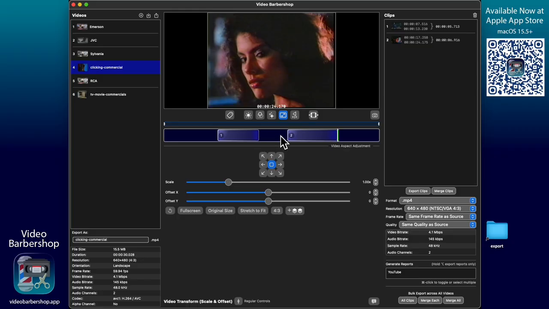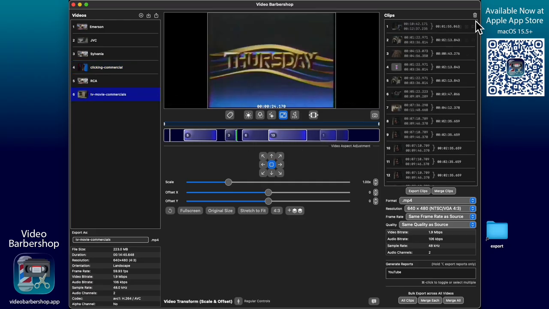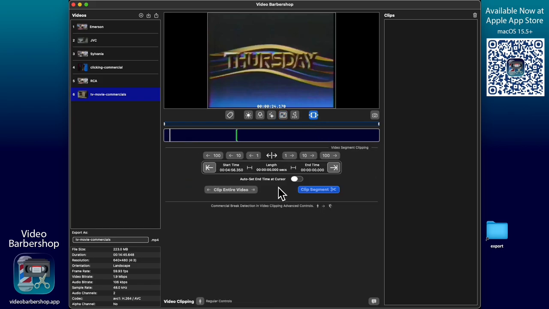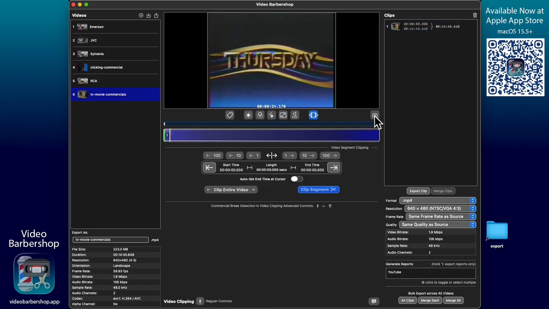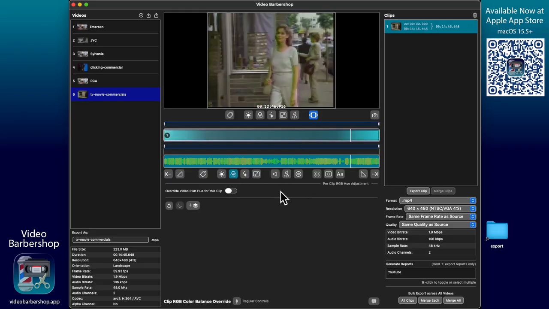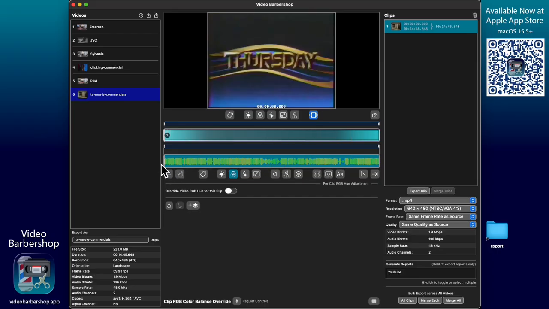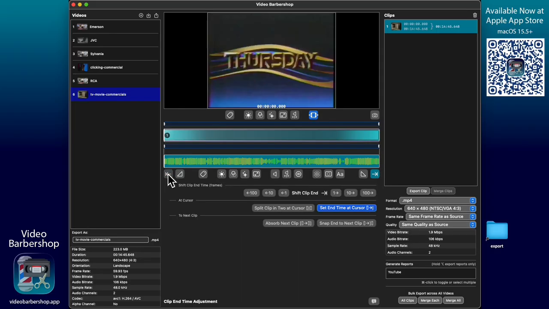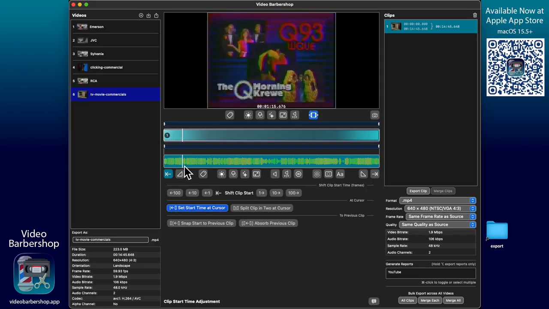Now, getting back to the clipping, I'm just going to delete everything here real quick. So these are the clipping controls, and you can just clip the entire video and then work off of that. I'm double clicking here. You can see some of the quick behaviors. You can hop around and do things, and you can take this tape and adjust it from here. Say I don't like it exactly there. Hopping over to this control, this is the beginning of the clip, this is the end of the clip control, and from here you can adjust things like, I actually want the clip to start